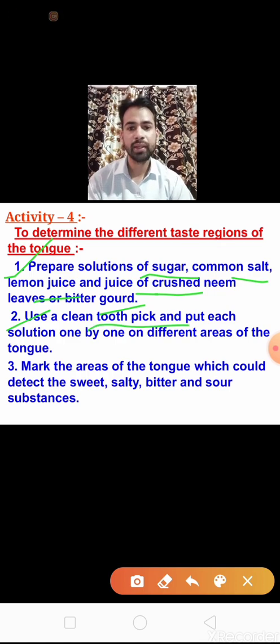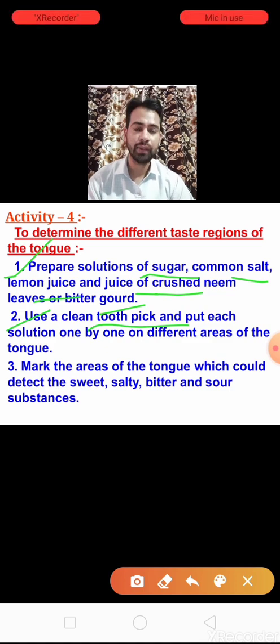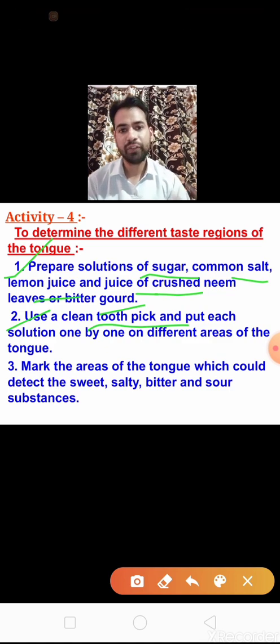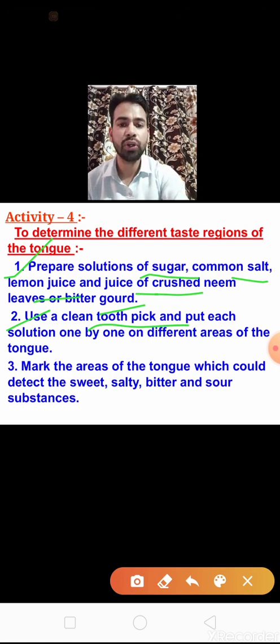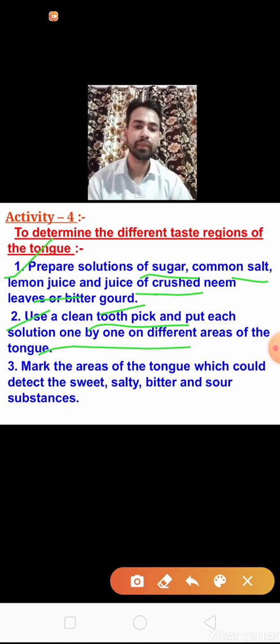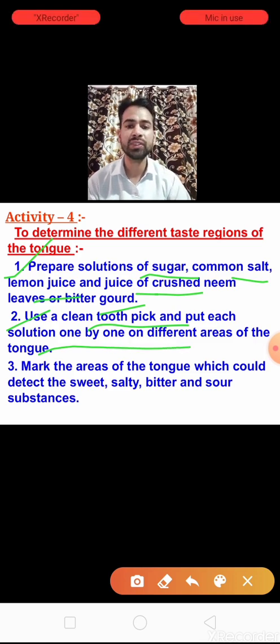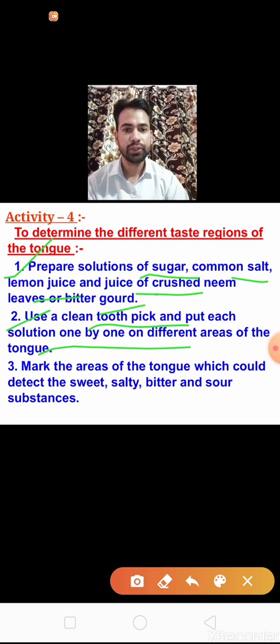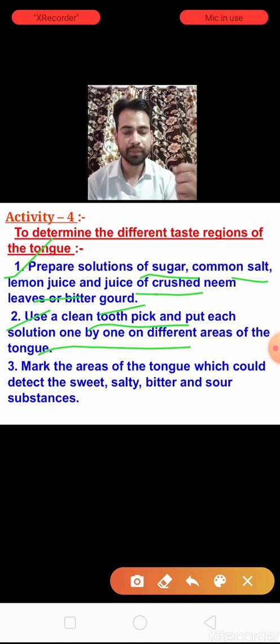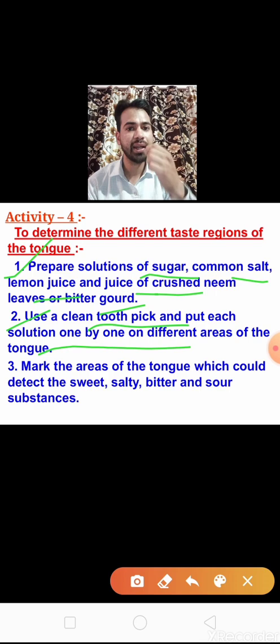Remember one thing, this toothpick should be sterile. After sterilization you can use this toothpick and put each solution one by one on different areas of the tongue. Like we'll take sugar solution and put it on the first region of our tongue.